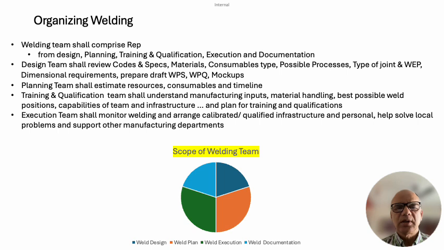So the first is having a welding engineer's presence at the design office. So when the design office is doing a detailed engineering of our part or of our equipment or sub-assembly or assembly, then at that stage, depending upon the accessibility, depending upon the requirements of the properties, ease of welding, ease of fabrication, ease of handling, the number of